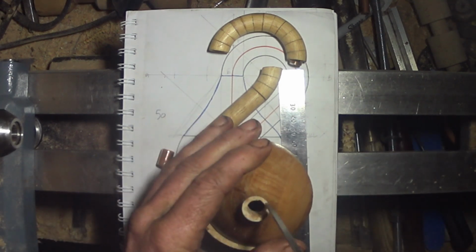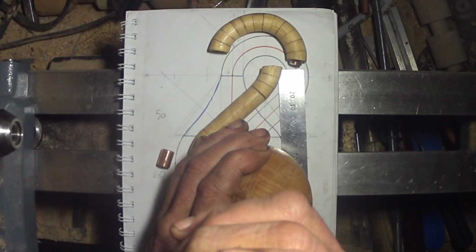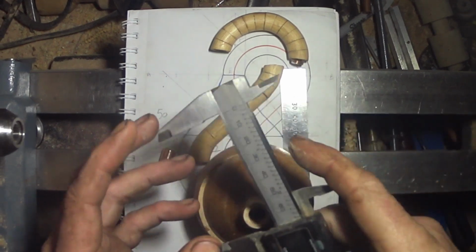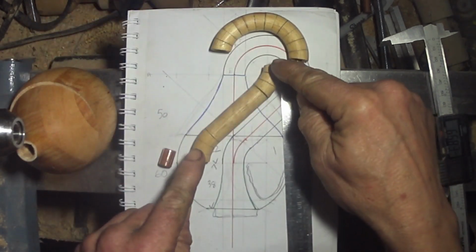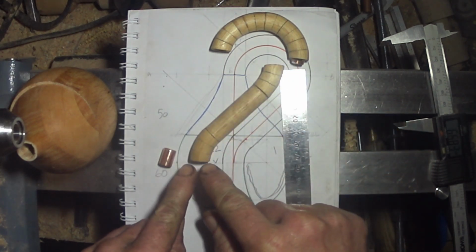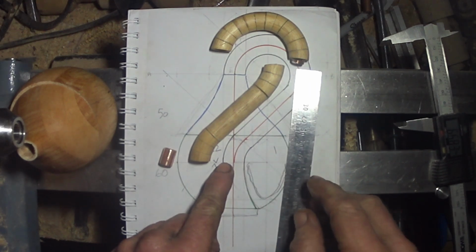So again, find the top of that thing there, and it's 67. So the length of this part here, which brings it back from the end of this curve to the top of this, has to be 67, and it is,